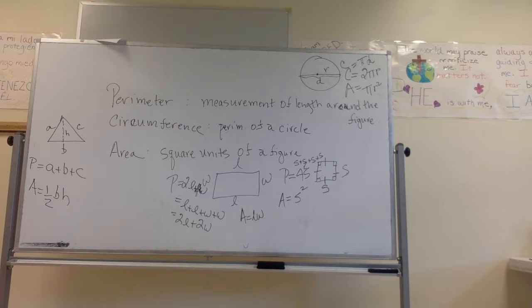2 times pi times r. So what is that? You might have to use 3.14. Actually, you guys know you have a pi key on the calculator. 25.1. Yes. Okay. Now what's the area? Pi r squared. So you're going to hit pi. What's r squared? If r is 4, what's r squared? 16. So 16 times pi is